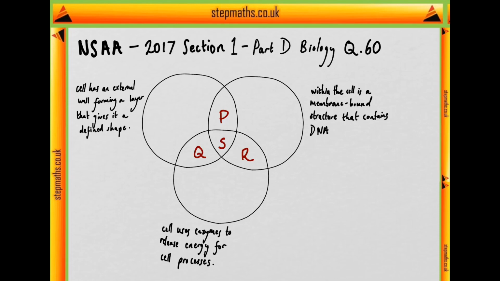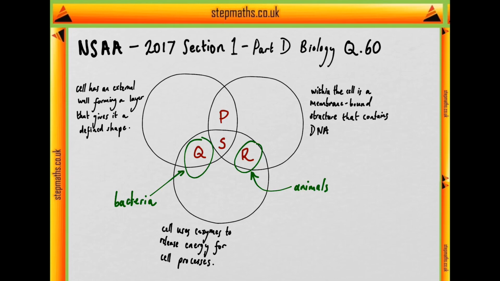So we'll come to that in a moment, but glycolysis is a feature shared by animals and bacteria, so we can say that our answer will be Q in the case of bacteria, and it will be R in the case of animals, since they have membrane-bound structures containing DNA, which is a key feature of eukaryotic organisms,